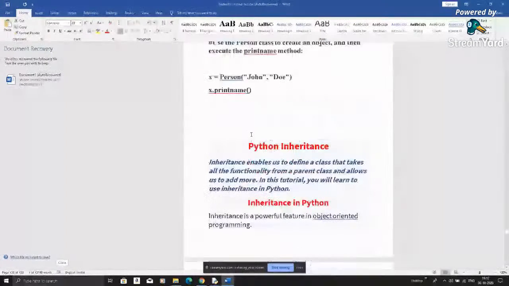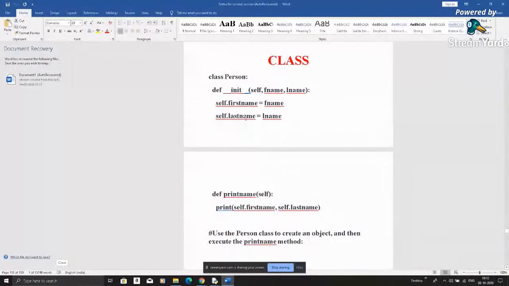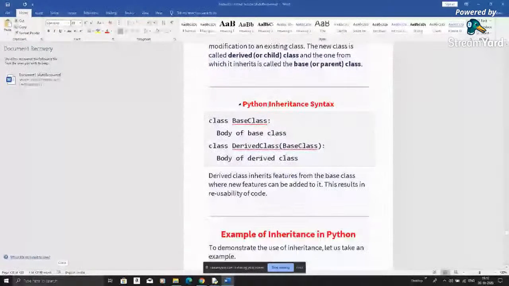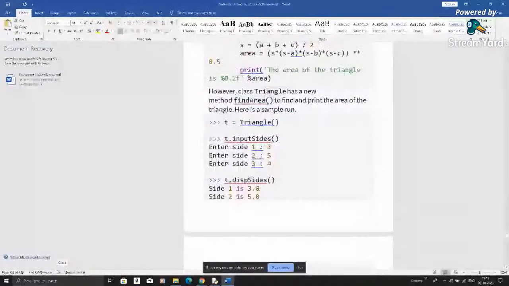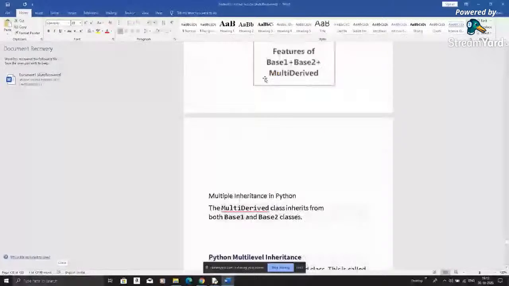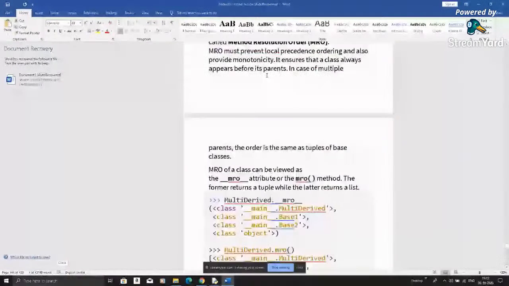We have covered this. For normal single inheritance, I have already explained how you declare the class. I have already explained single class inheritance, multiple inheritance, and multilevel inheritance. So that's multiple, and after this the multilevel is coming over there, and after this comes how